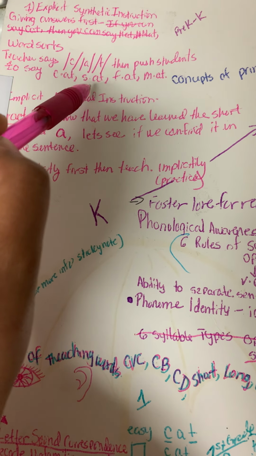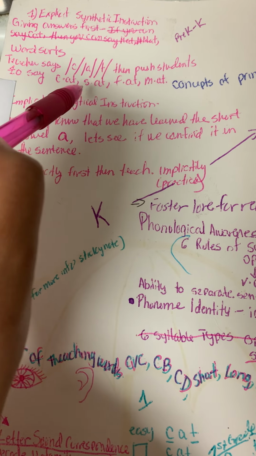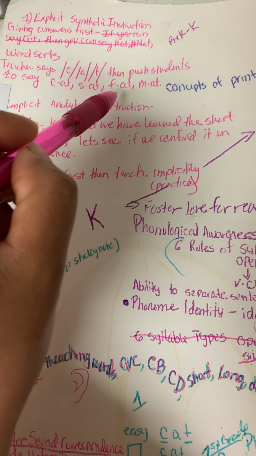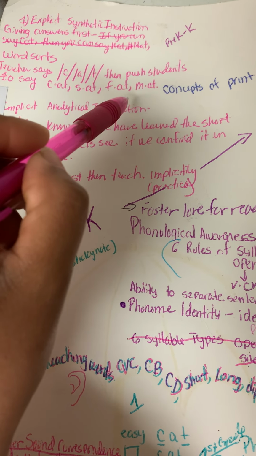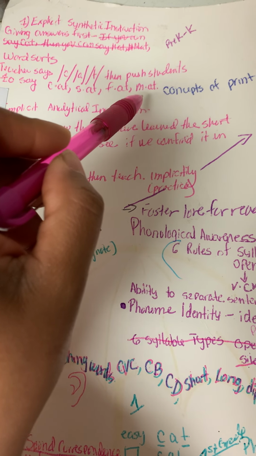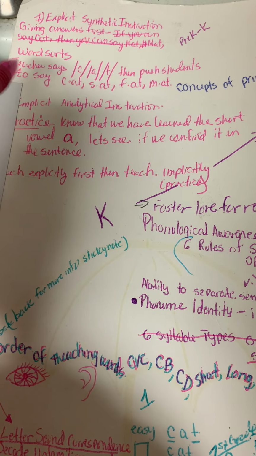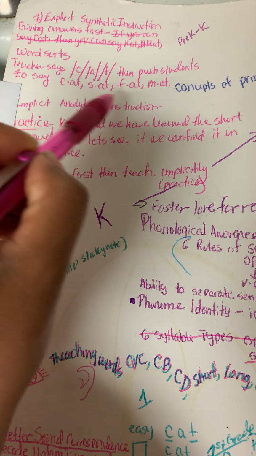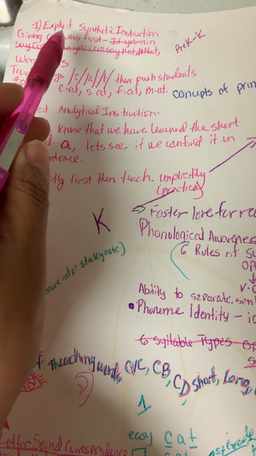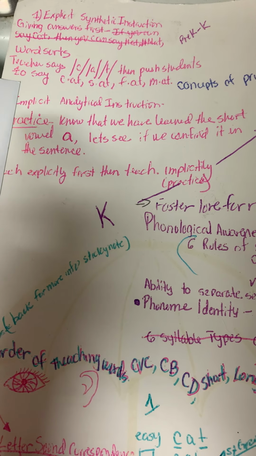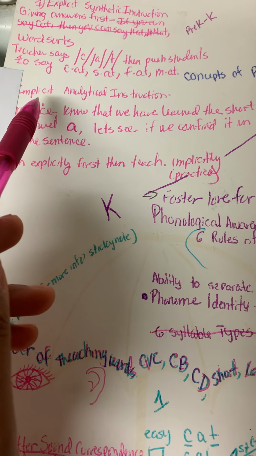And then they move on, and then they'll learn s, at. So they'll learn sat. Then they'll learn f, at, fat, and at, and mat. So the teacher leads, the kids follow. Usually explicit instruction. In implicit instruction,